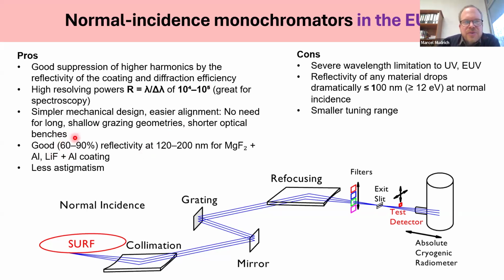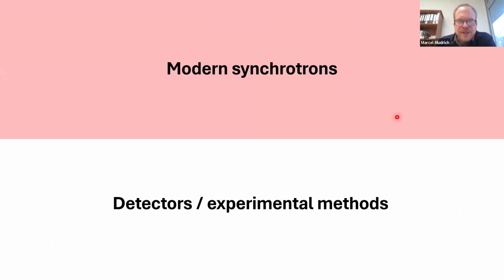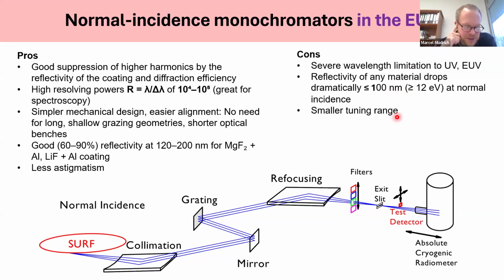In the EUV, we get quite good reflectivities, and also astigmatism is reduced. But yeah, this only works in the UV and EUV. So there's a very severe wavelength limitation here. And yeah, it only works above a wavelength of about 100 nanometer, and has also quite a small tuning range. Okay, this is what I wanted to tell about monochromators, which are these devices to get monochromatic light